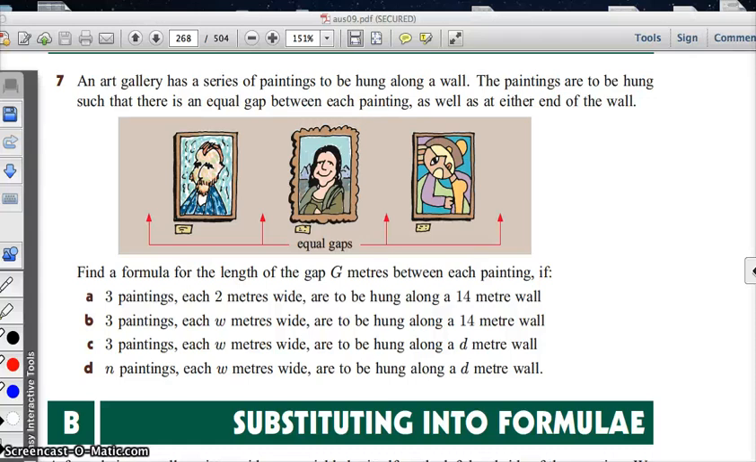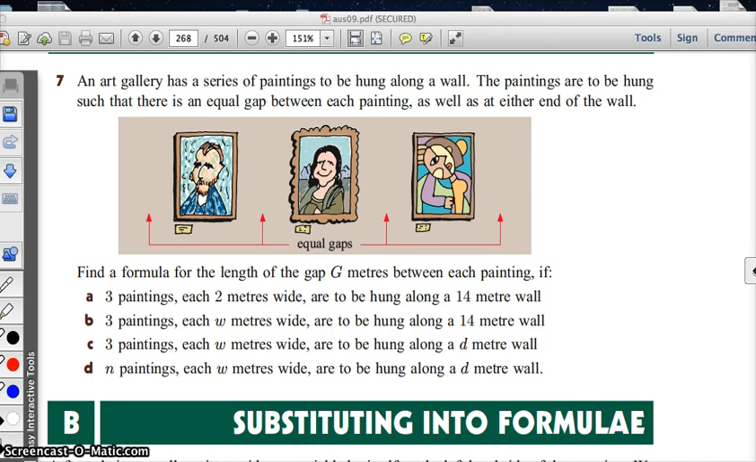Okay, so an art gallery has a series of paintings to be hung along the wall. The paintings are to be hung such that there is an equal gap between each painting, as well as at either end of the wall. So this is real life. This is stuff you might have to do. Find a formula for the length of the gap in metres between each painting if